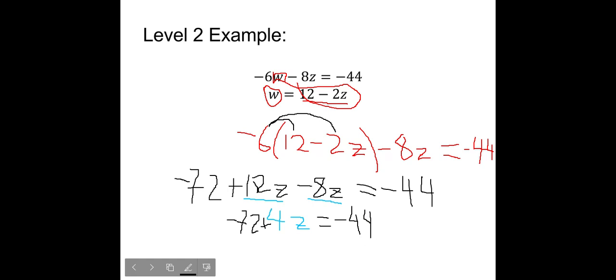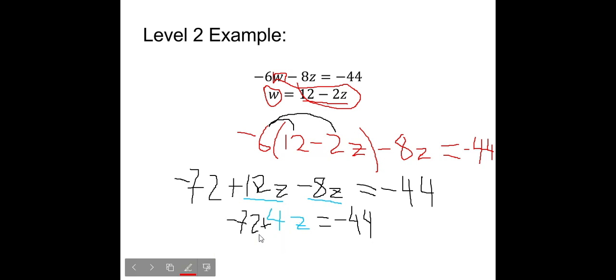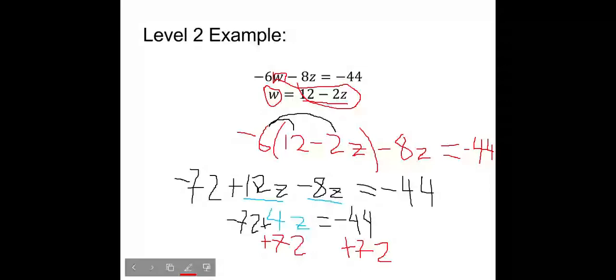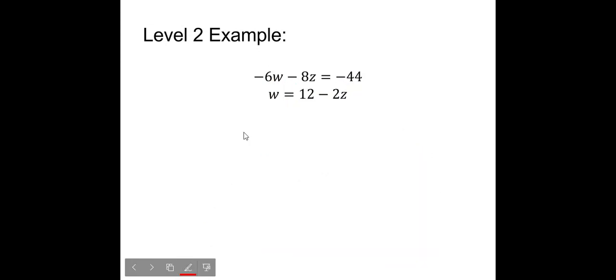And now that we've gotten everything simplified on both sides, we can go ahead and start doing our normal solving. So we want to do the opposite of -72. So we want to add 72 to both sides because we're looking to get z by itself. So 72 is added to both sides. So on the left, we're going to be left with just 4z. And on the right, we should be left with 28, I think. Yes. All right, so I'm going to go ahead and clear off all that ink so I have space. But we're left with